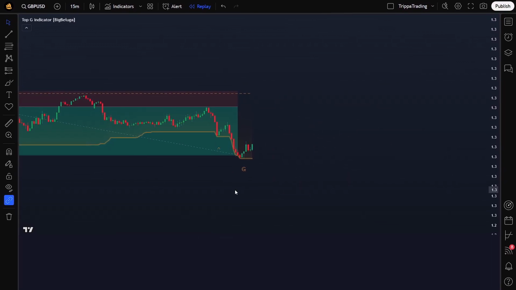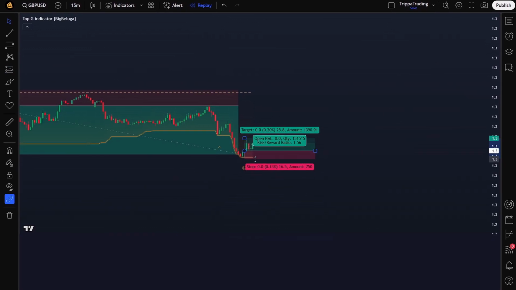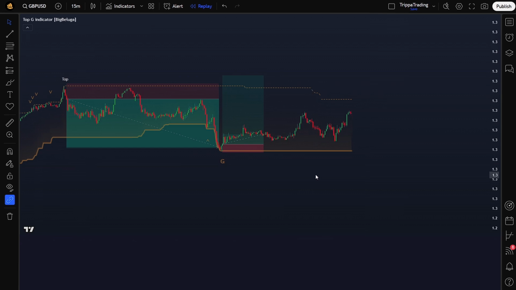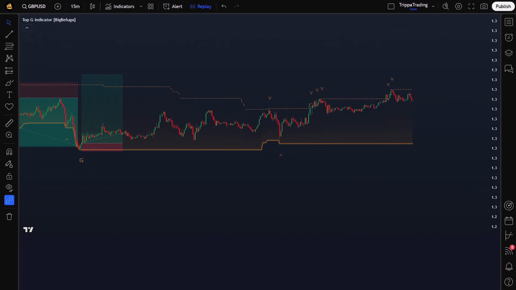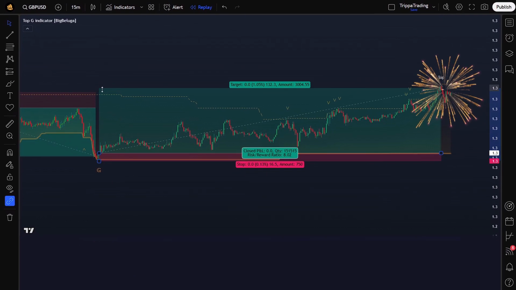Now looking at this market bottom, it's time for a buy position. So we will open a buy position here. Stop loss goes just below the bottom channel. Now let's let the trade play out. And once again, after some time, the market moved heavily in our favor, and we got an amazing 8-to-1 risk